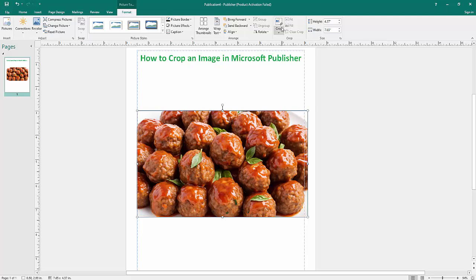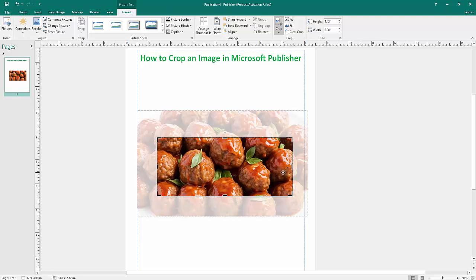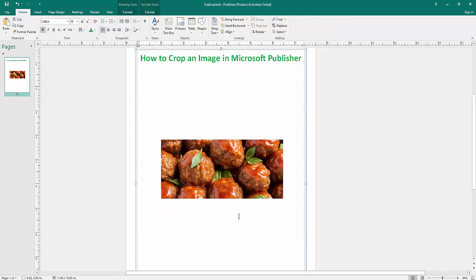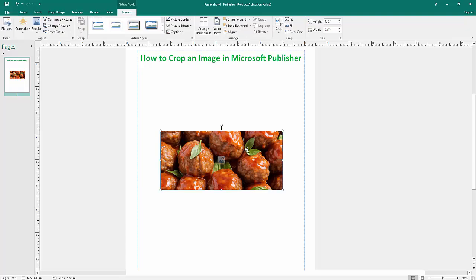Now go to the Crop option. Click on it. Then click for side crop and left crop, left side and back side. Now from crop, that is it. Then okay. Then I showed how to crop an image